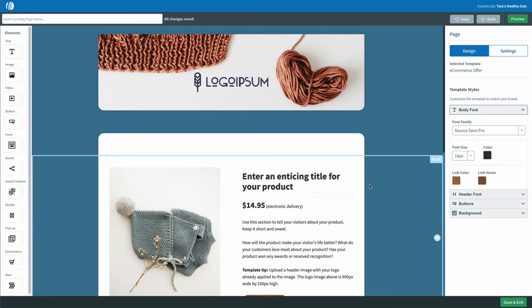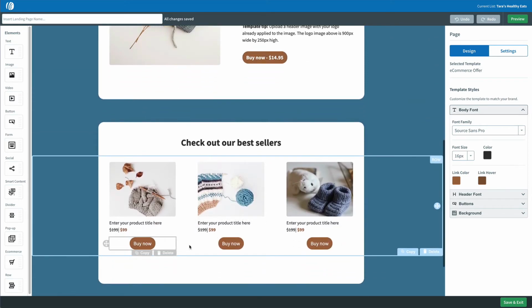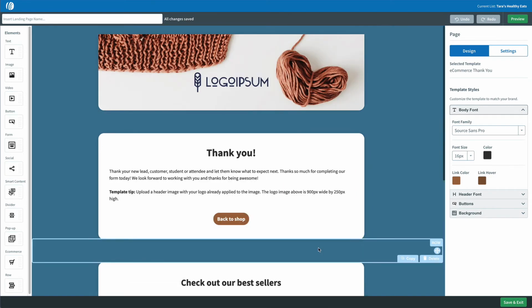Again, if you're selling multiple products, we have one that has this awesome space where you can highlight maybe a sale or an exclusive product of the month, and then the rest of your inventory can also be listed out below. You can duplicate those and add as many products, creating a whole storefront.